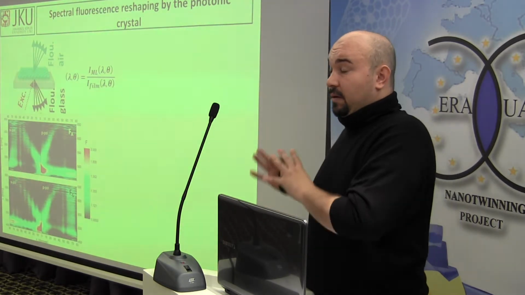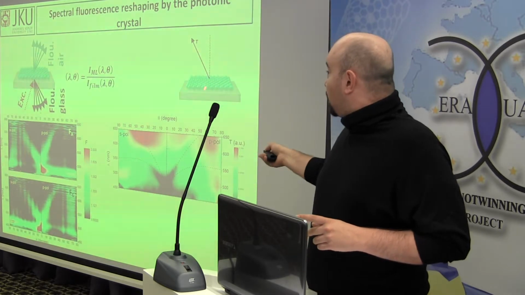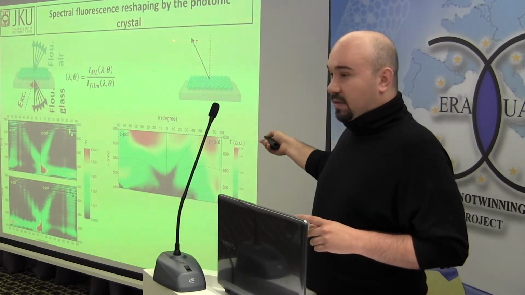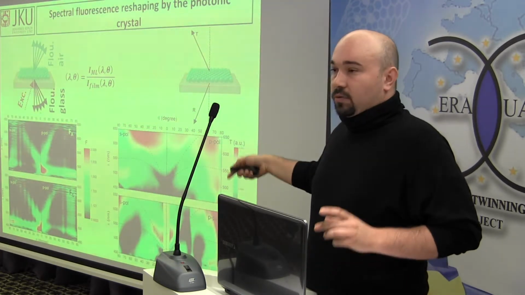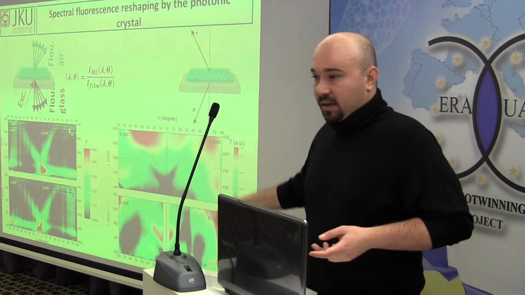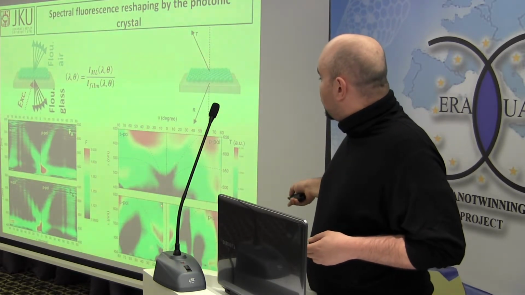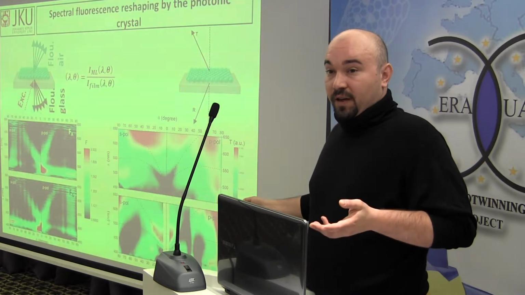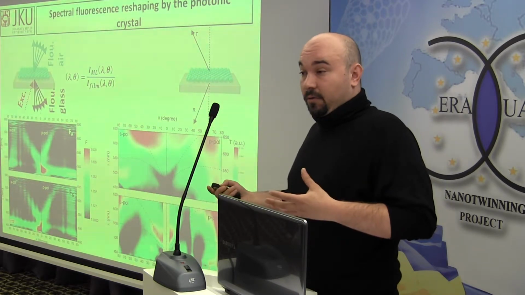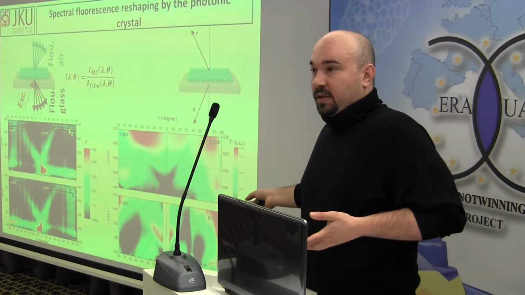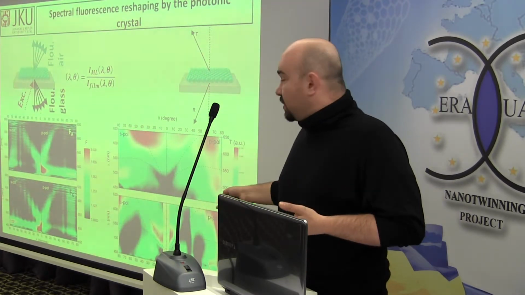In order to understand in which way this fluorescence is reshaped, we compare these reshaping factors with transmission for the air side, since the optical path is the same as through the structure, and with reflectance from the glass side, which corresponds to the optical path for the fluorescence through the glass side. And what we can see is that, following this dispersion relation, we have the same dispersion in the optical spectra, like transmission or reflection. The black lines are the theoretically calculated photonic crystal modes, and the color plot represents the measured data. So we see that our fluorescence couples to the photonic crystal mode and shows the same